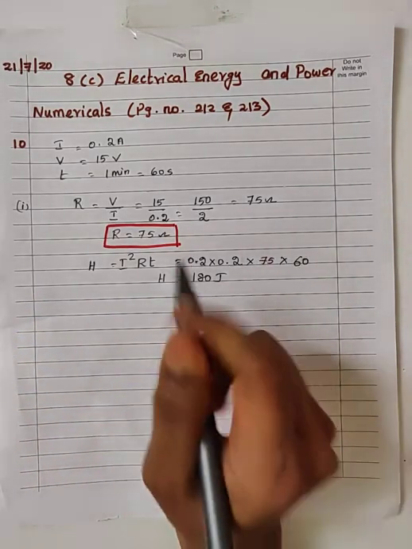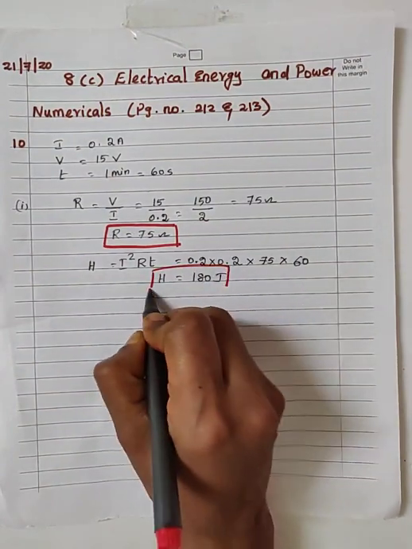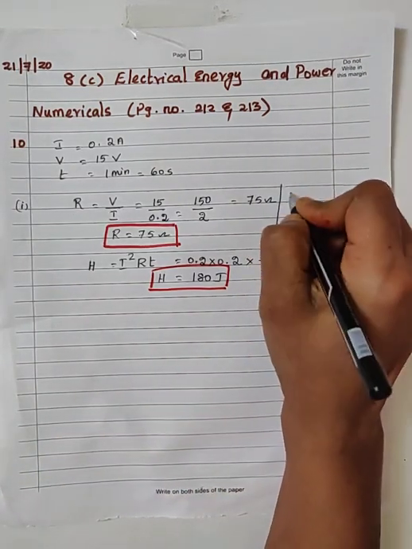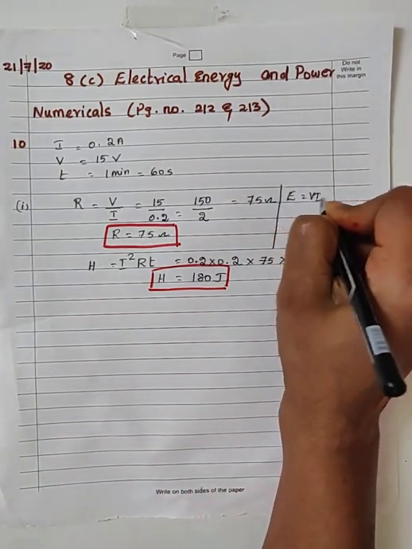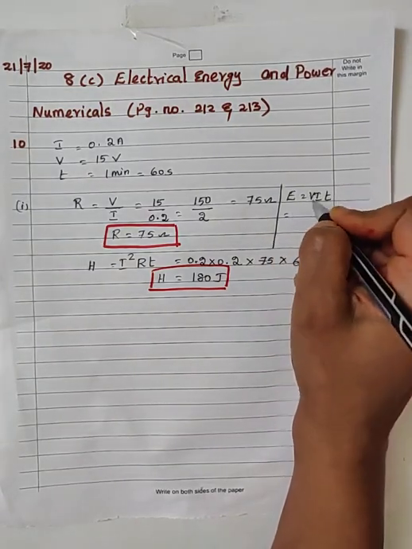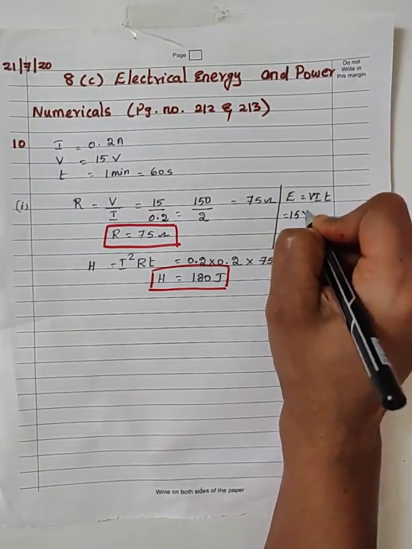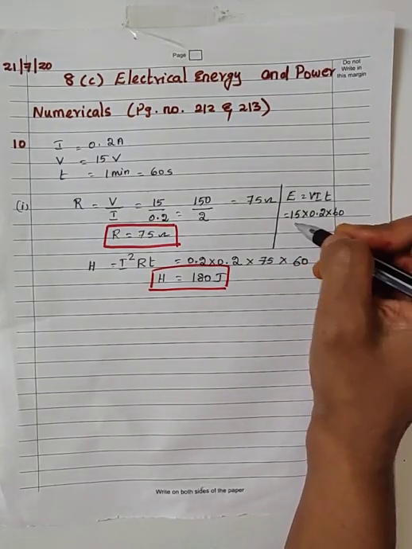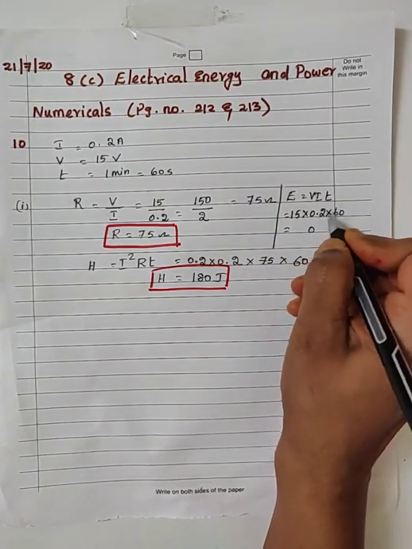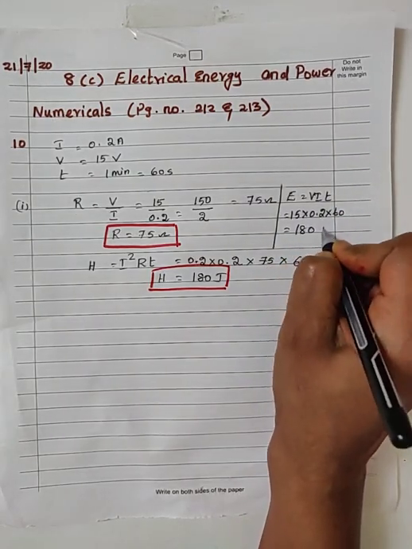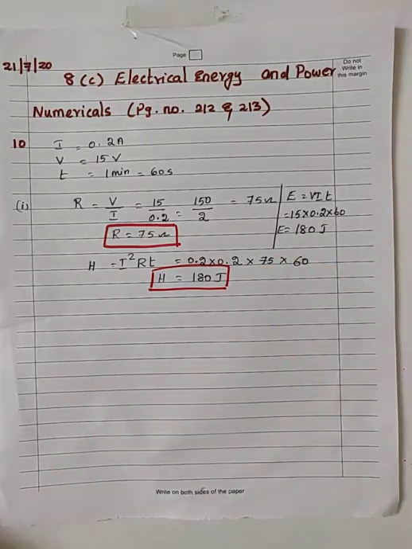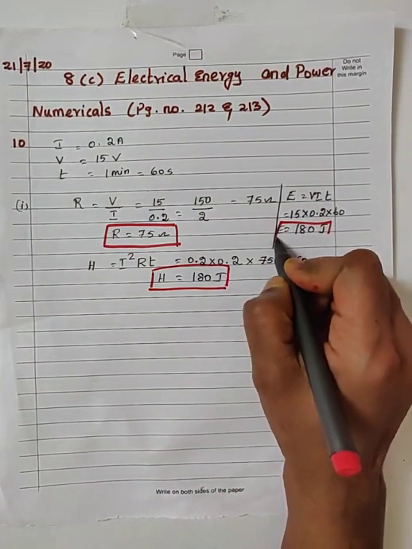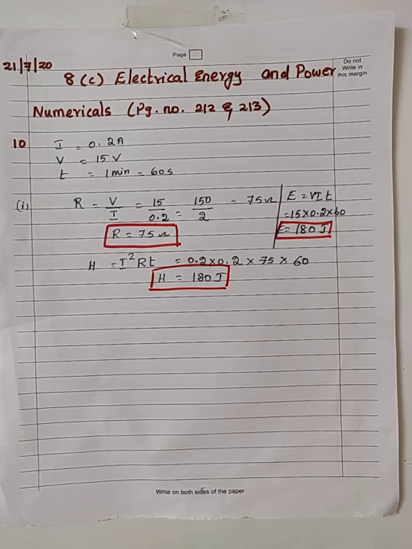One more method also you can use to calculate, that is energy E is equal to VIT. That expression also you can use. I will do it by that method also. That is energy E is equal to VIT. The value of V is given as 15 volt. Current is given as 0.2 into 60. 2 60s are 12. 12 into 15 is equal to 2 15s are 30, 180. SI unit of energy is joule. Okay, any expression you can use. You can use either H is equal to I squared RT from Joule's law of heating, or the energy expression E is equal to VIT.